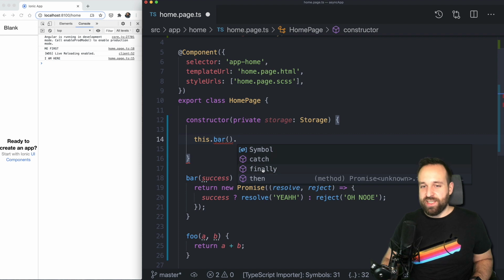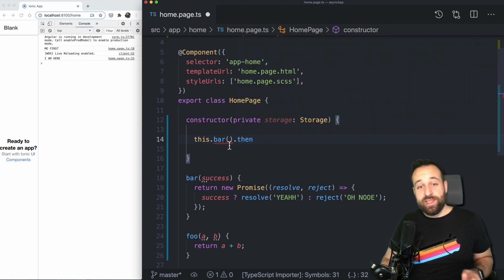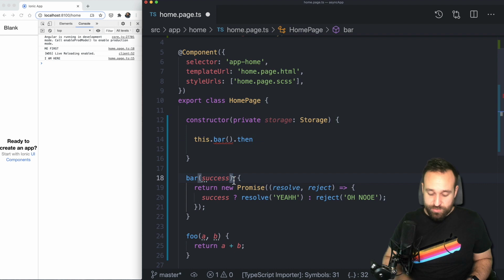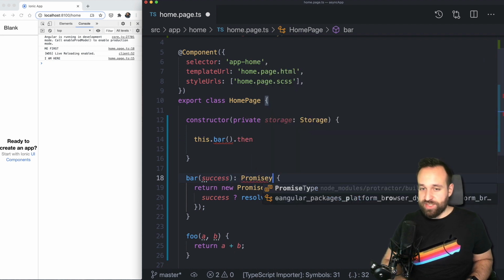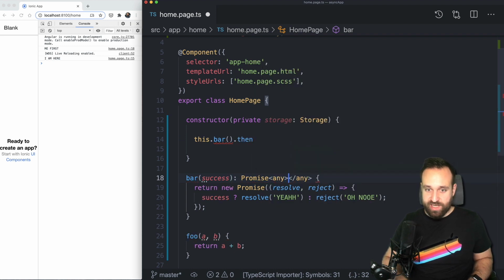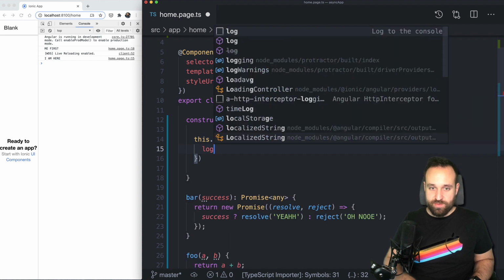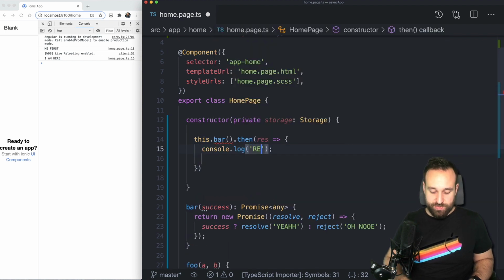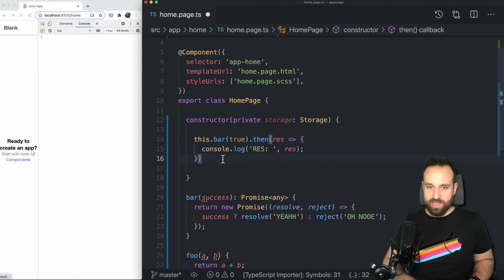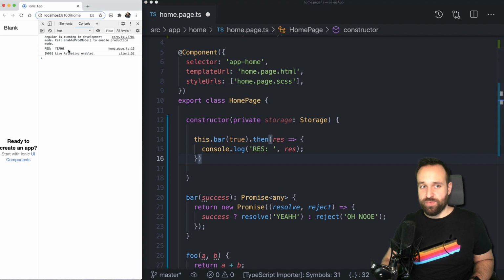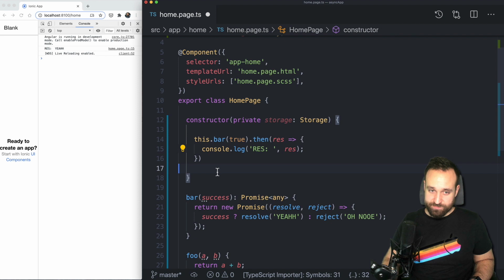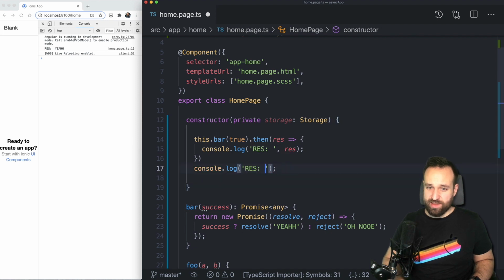So you see you got catch, finally, and then the functions available of a promise. If you want to make it even more explicit, add types if you're using TypeScript. So make this promise any or string or whatever you want, and then your IDE will pick this up correctly. And you can use the result. So if we pass true to this one, we should get back the resolve of here. Once again, if I now put the same log below here and log this out,